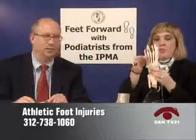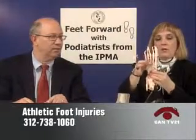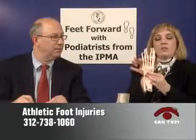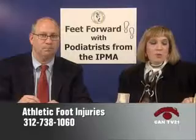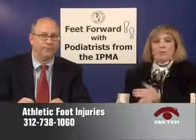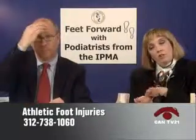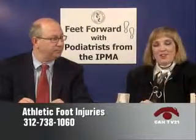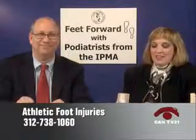A neuroma is an injury where the nerve that comes between the metatarsals that splits and goes into the toes becomes squeezed and pinched. And quite often neuritis or neuromas are caused by improper foot mechanics, and if the foot is collapsing or rolling in, that can cause it. Certainly if a shoe is too narrow or too tight, that typically